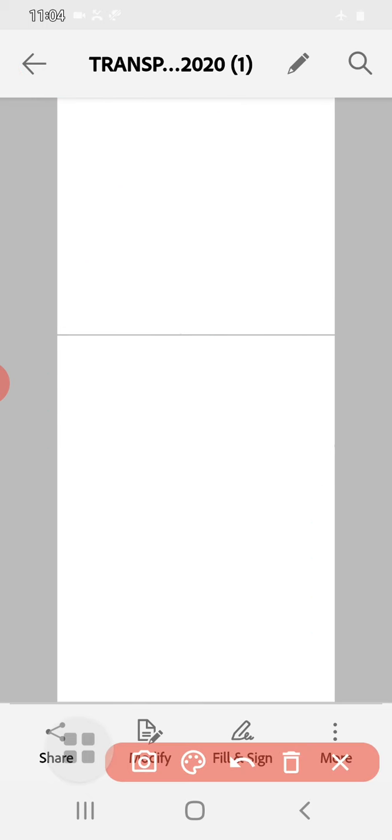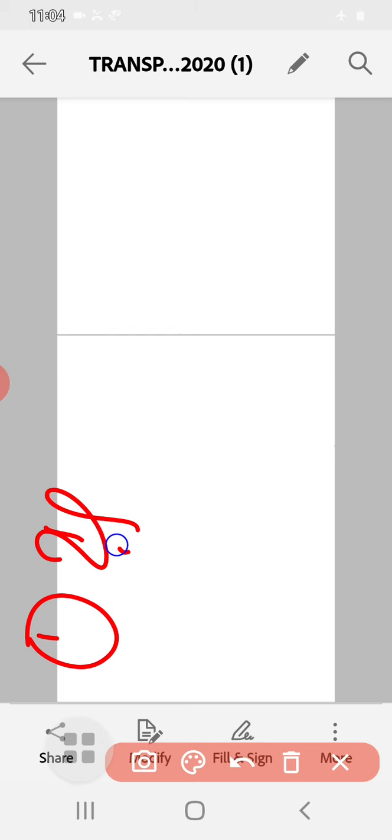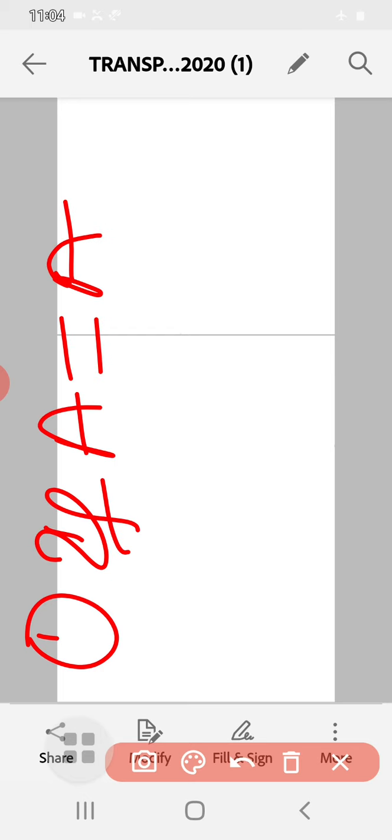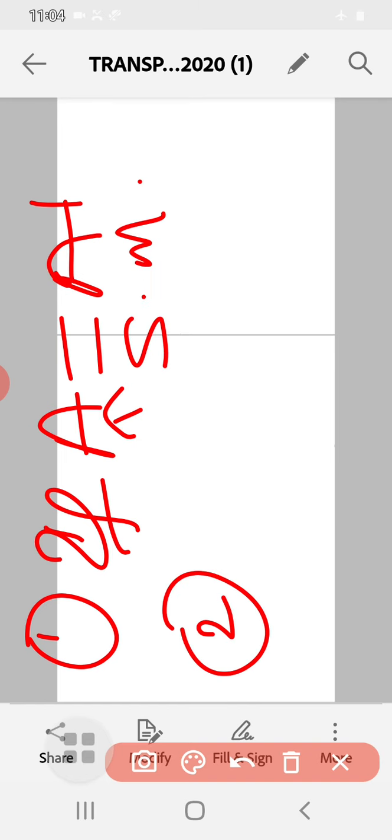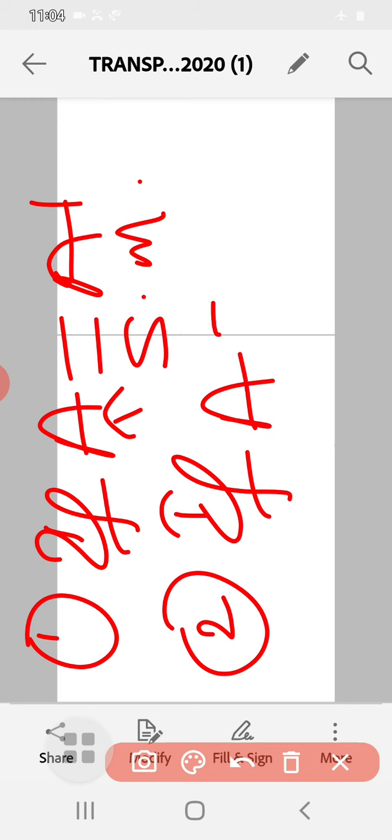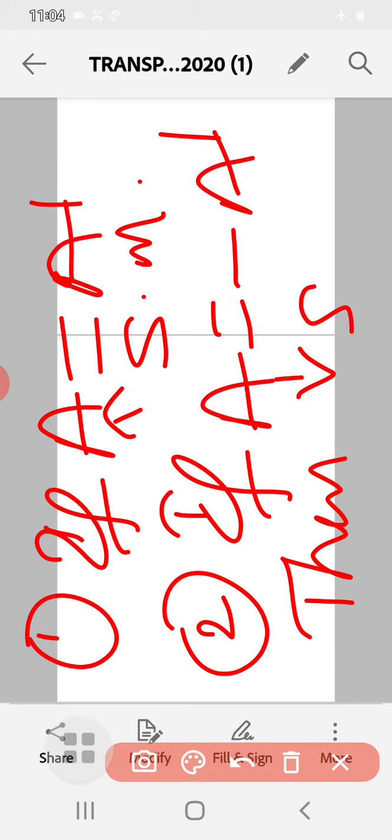So what have we learned? If A is equal to A dash, then this matrix is a symmetric matrix. If A is equal to minus A dash, then this A is a skew symmetric matrix. Okay, so this is the point I wanted to explain here. So you can take your own examples and check whether the given matrices are symmetric or skew symmetric matrices.